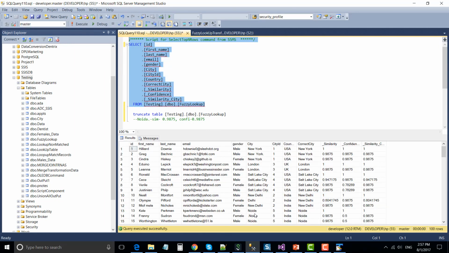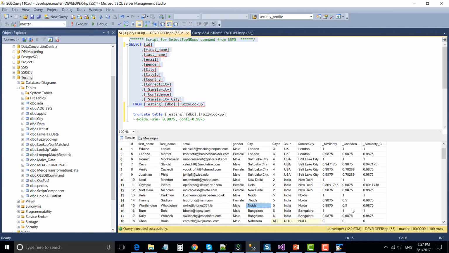In the fuzzy lookup table, for "Noida.", you can see the similarity is still the same, because similarity is about how similar the data is. However, the confidence score has decreased from 0.9875 to 0.5. If you insert more records related to Noida in the city table, the confidence score will be even lower.